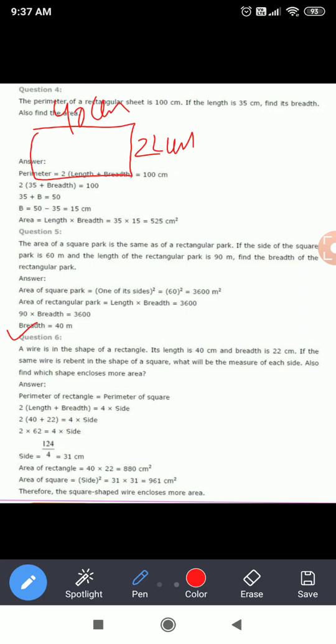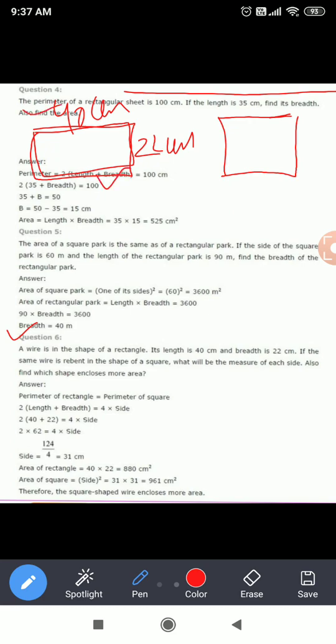Now, this wire has been stretched to the straight because we can bend the wire now. So, by bending the wire, we have made a rectangle. Now, we have rebent it to the straight line and have again rebent it to a square. Now, what is given? It is given that length and breadth of the rectangle are given.